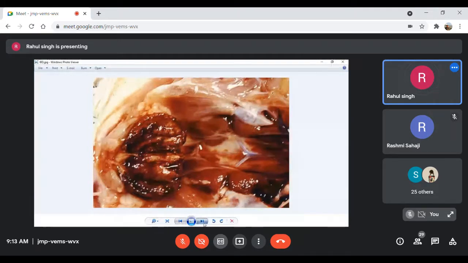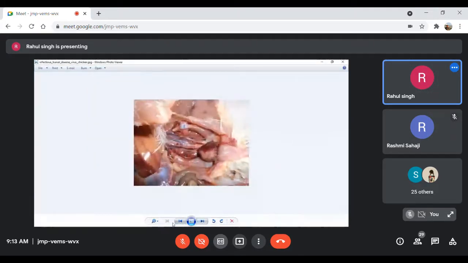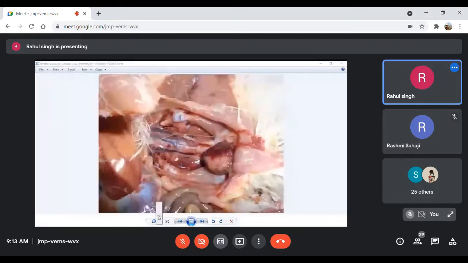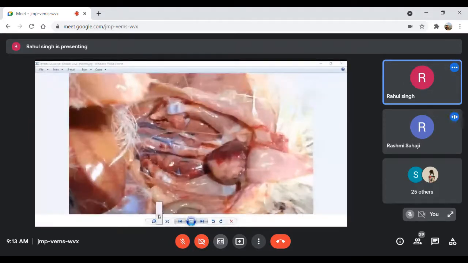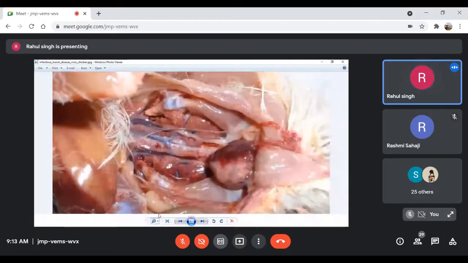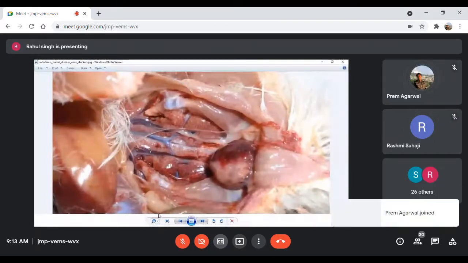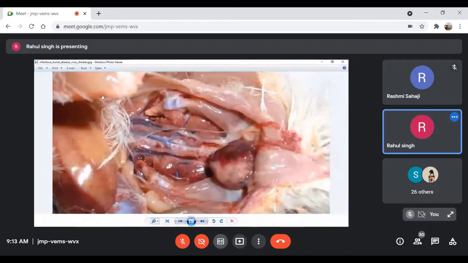Once again, another manifestation. Can you see this picture? Yes, sir. New picture. So this is once again another bird that has been cut open. Here, this is the remnant of the liver. This is the pectoral muscle. These striated structures are kidneys. You can see the kidneys are also hemorrhagic here. This bird was having so many pathological changes.